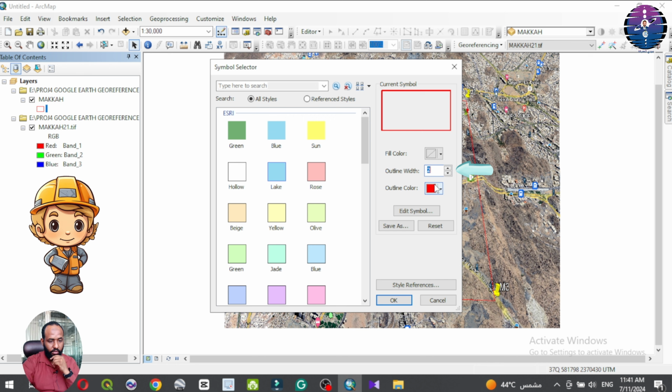For example, I want to clip this area. Go to ArcCatalog. From Bodge, Google Earth, right click, New, Shapefile. For example,